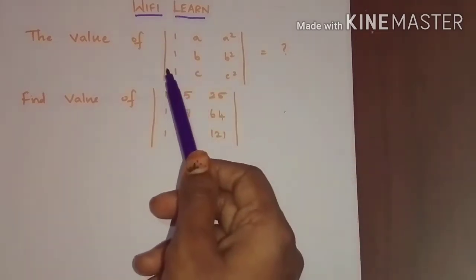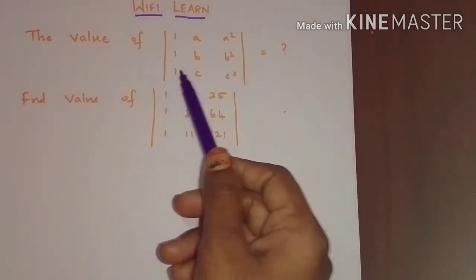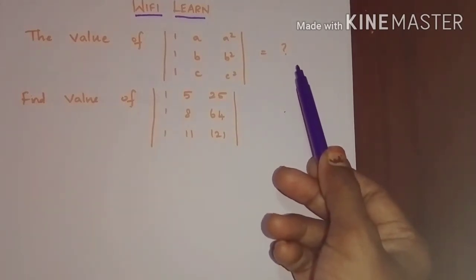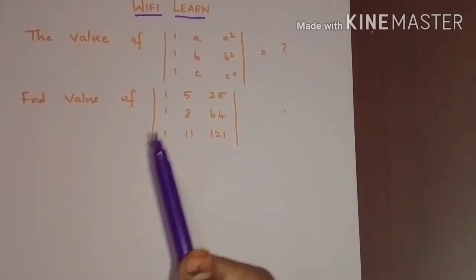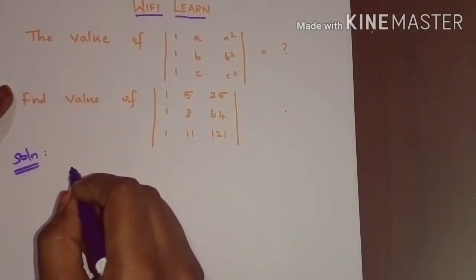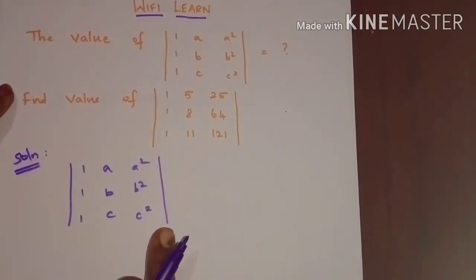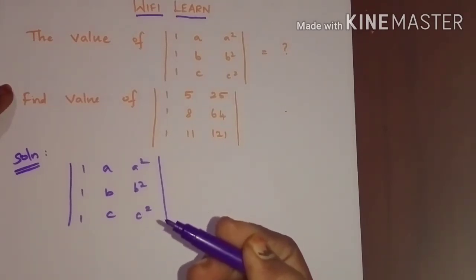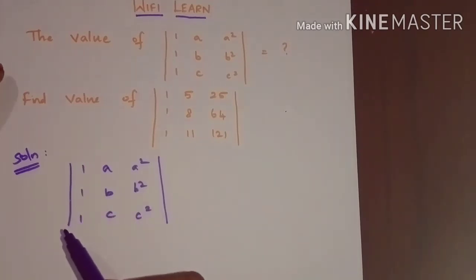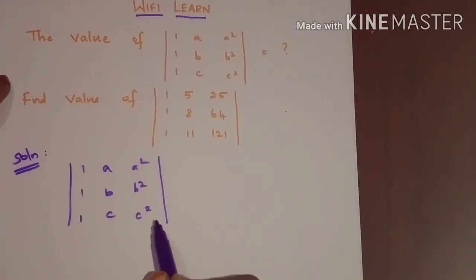If you find the value or factors of this determinant, we can easily substitute values in that answer so that we can find the value of this determinant. Let's take the general format of the determinant. It is a third order determinant with 9 elements. We can make some manipulations such that either a row or a column contains many zeros, and we can take that row or column for expanding the determinant.